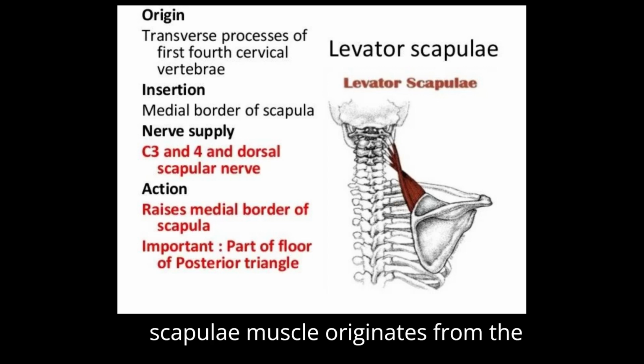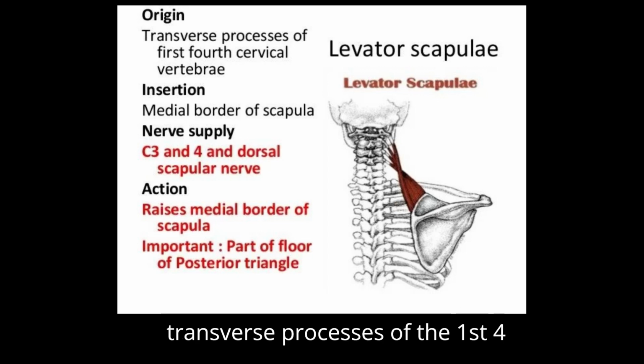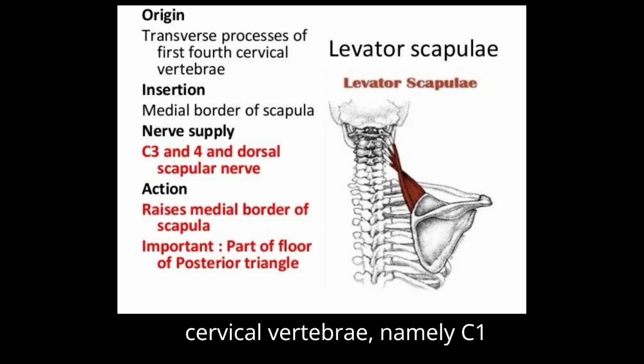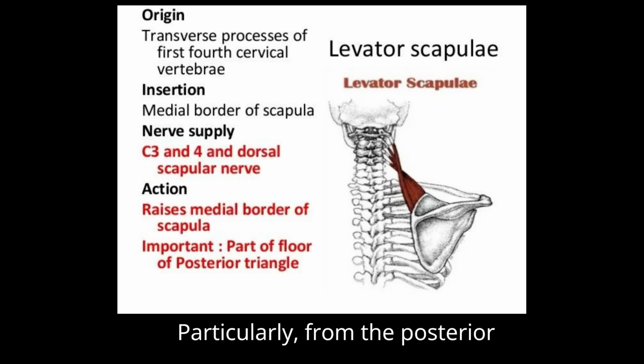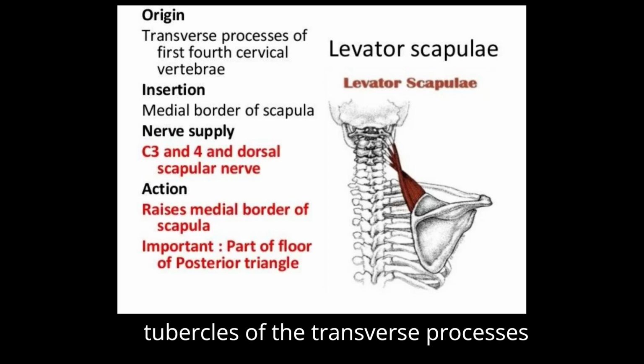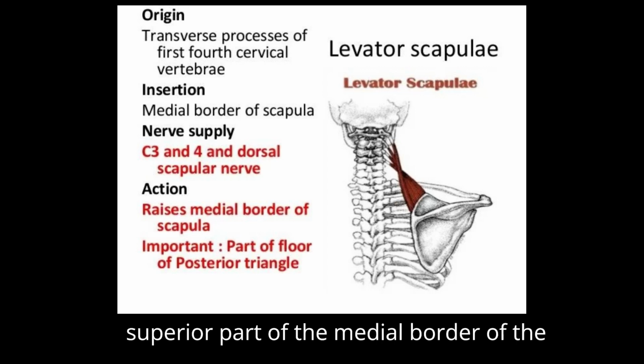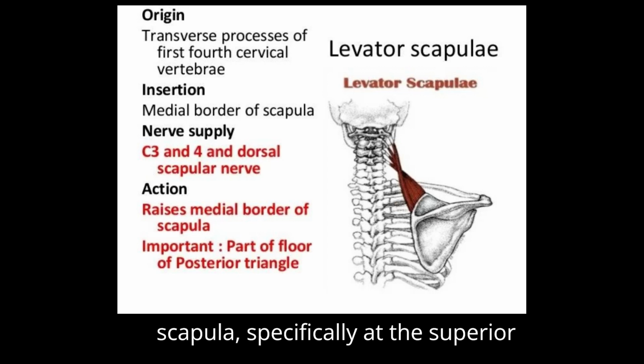Origin. The levator scapulae muscle originates from the transverse processes of the first four cervical vertebrae, namely C1, atlas, C2, axis, C3, and C4. The muscle fibers arise from these bony projections, particularly from the posterior tubercles of the transverse processes. Insertion. The muscle inserts into the superior part of the medial border of the scapula, specifically at the superior